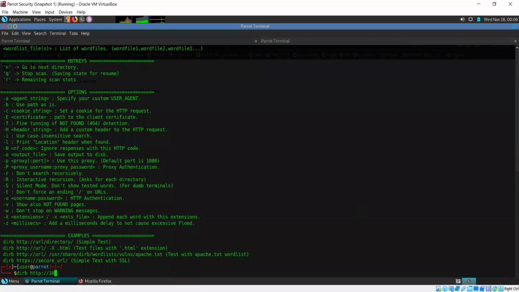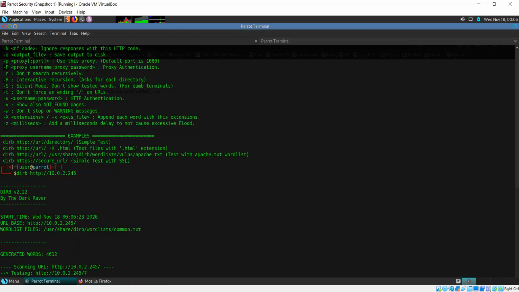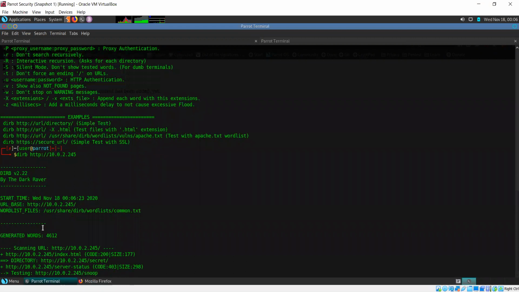I provide it the URL, which is simply http://10.0.2.245. At this point, this is all we know about the website. We don't know any other directories. So this is our target, and with DIRB I have specified what I want it to look at. If I press enter, it's going to use one of its own internal word lists, called common.